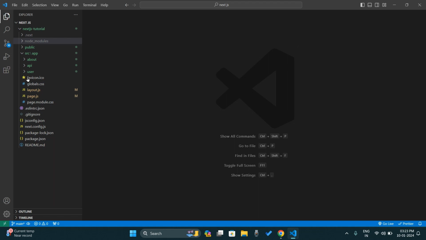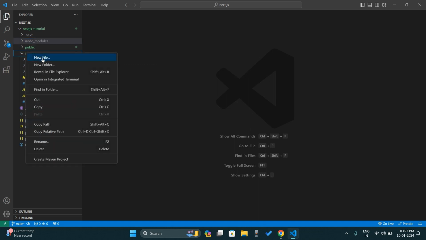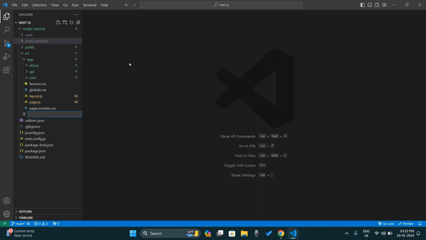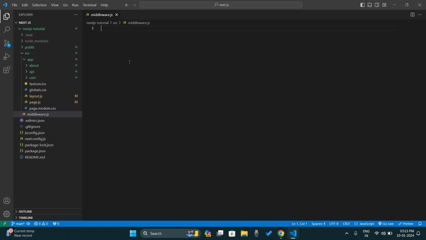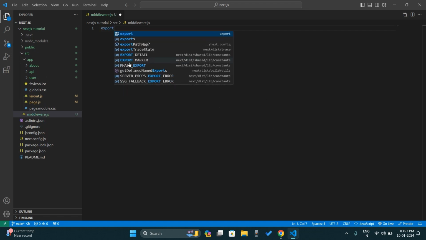For example, if we want to create a middleware, we need to create it under the source directory, outside our app, not inside our app. So I am creating a middleware inside src, that is outside the app. So the file is middleware.js. In this file we need to export a function